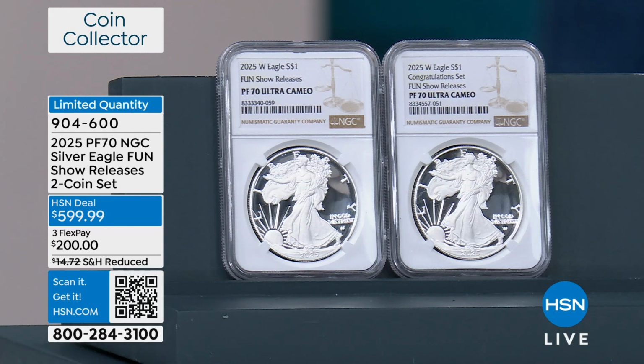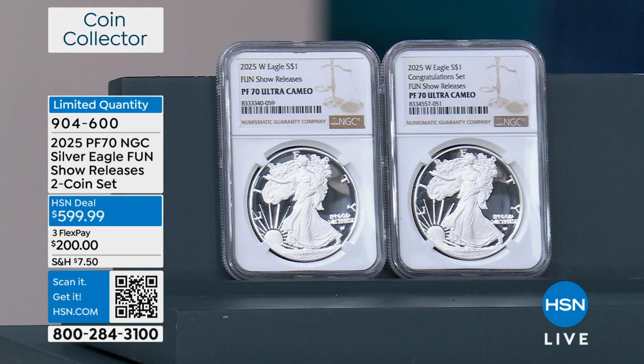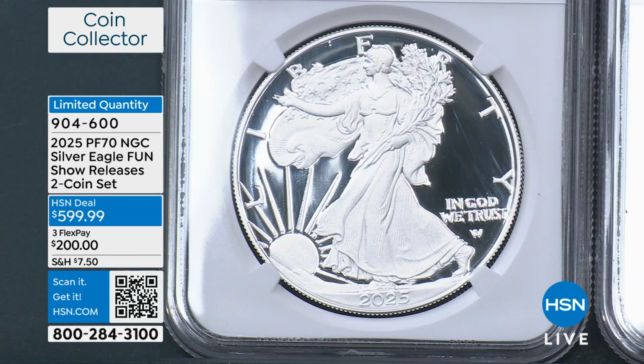I don't even know that anybody else got those and graded them at the Fun Show, because it is such a designator of value, where the provenance of this, we know that this came from one of the single most significant coin shows of the year. And so what it does is it guarantees rarity on a level that is almost unprecedented. And so to be able to do the pair, I've waited all until this time to do this pair. And like I said, I know it's not an insignificant purchase, but at this level, given this rarity, given that they're both